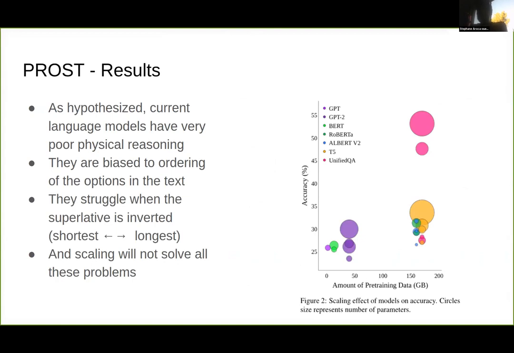And the last thing we looked at was scaling. There's this huge thing: you look at GPT-2, which did very well, and they just increased it 100-fold for GPT-3. And we're like, okay, well, could you just solve this if you just made things bigger and bigger and bigger? And generally there was a slight trend upwards, but there's a lot of times where smaller models did better than bigger models. And even big models, you'd have a 10x increase in parameters for a 3 or 4% increase on it. So to actually succeed on this data set would either require a model that is beyond our current comprehension, or my current hypothesis is this just won't be solvable through scaling models alone.